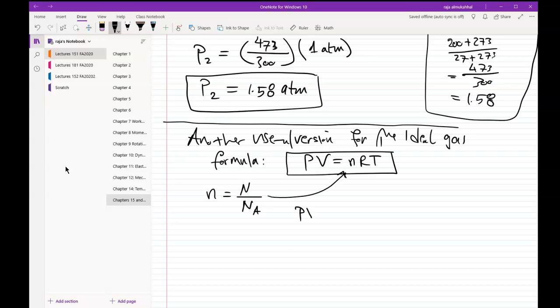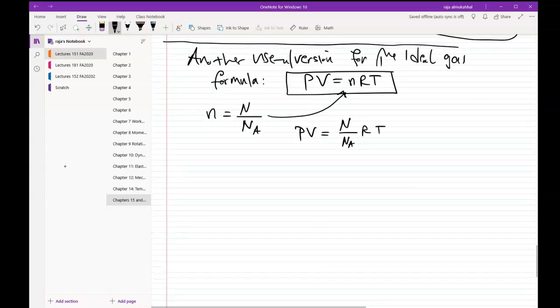So in this case, PV is equal to N over N_A, times RT. Now, as you know, the R here is the universal gas constant, and N_A here is Avogadro's number. So if I take the ratio of those two,